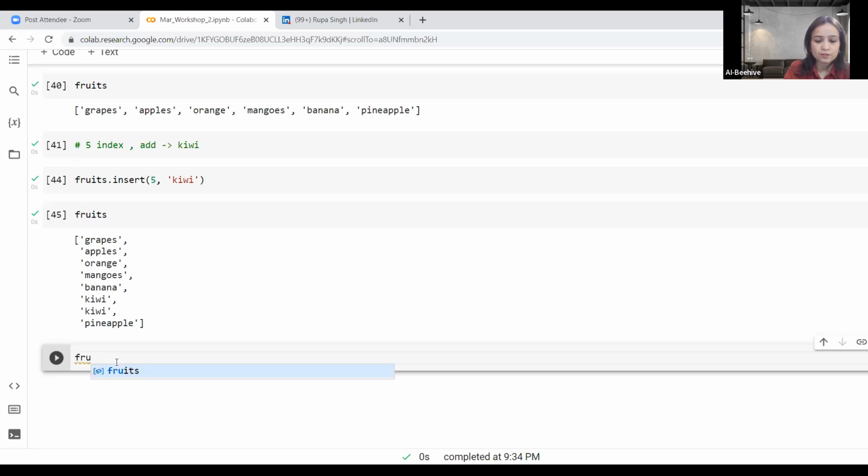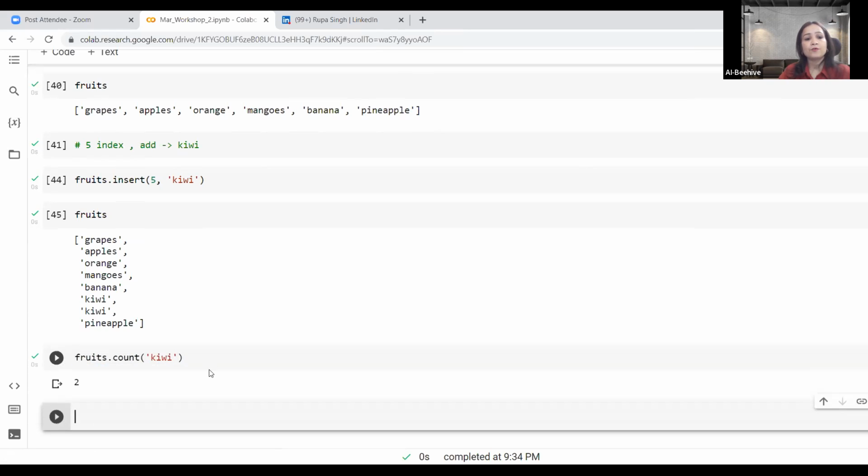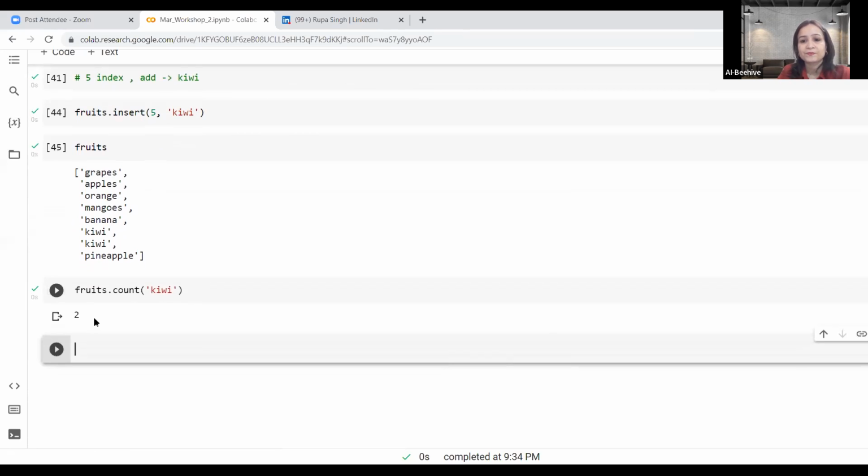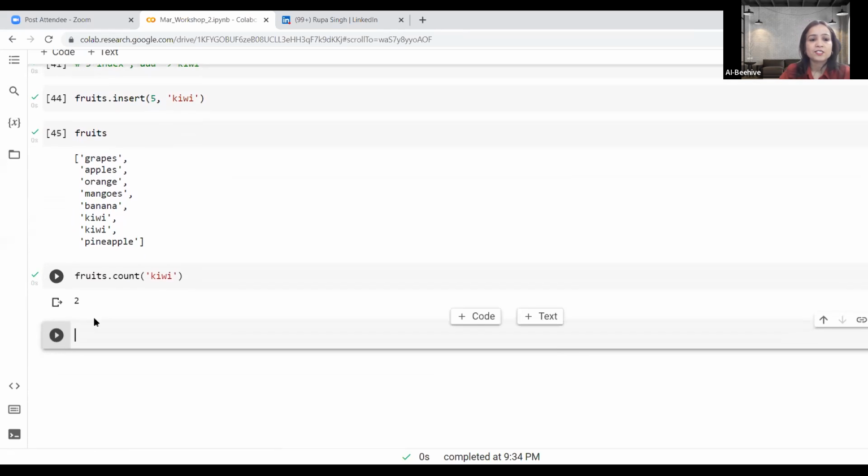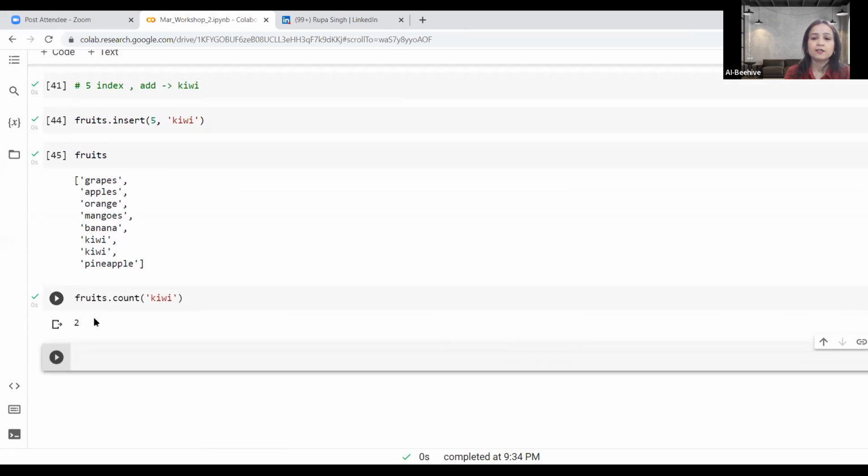We can use fruits dot count and then mention this item, and now here I get it as 2. So this is how we can use the count option in order to find how many times this particular item has been used. All right, so now another trick is that